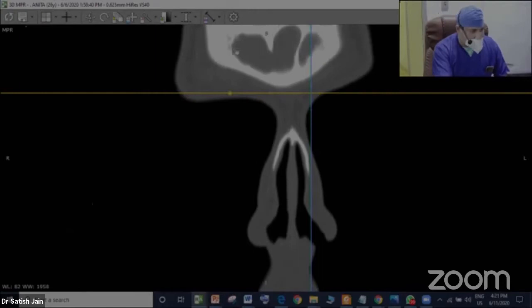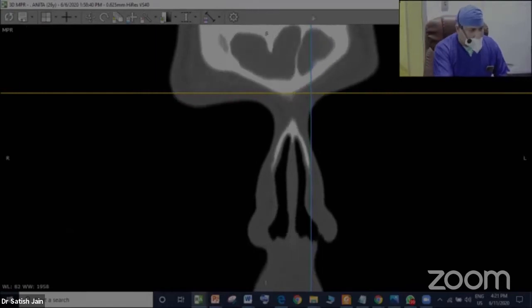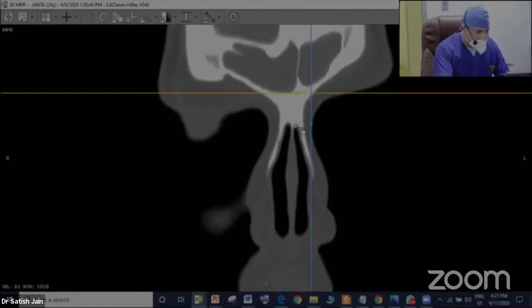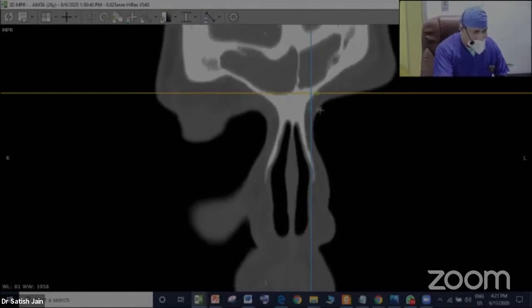See the pneumatization of the frontal bone coming with the intersinus septum, which is almost always eccentric. And you see the opacification of both sinuses. That shows the patient has frontal sinusitis as well. On a non-contrast CT scan, what you can appreciate is only opacification. You cannot discriminate what exactly the pathology is. Then the nasal bone, and see the beak. This is the beak. This is one of the most important things to understand, the beak.